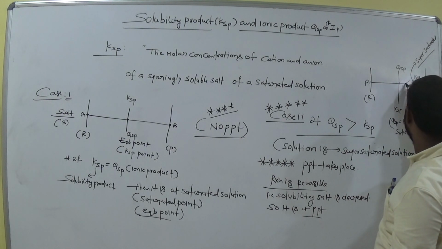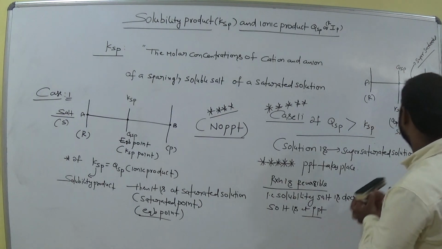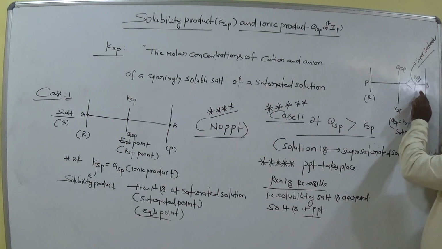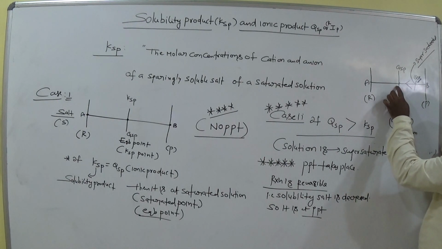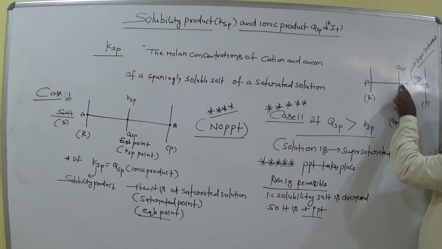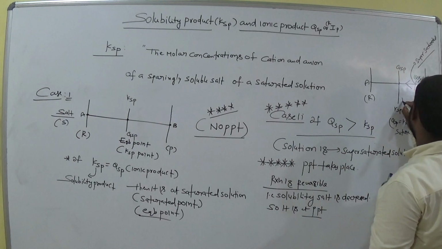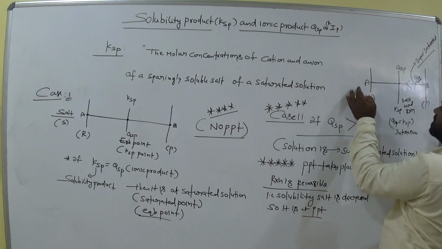That means the reaction moves towards backward. That means it reaches this point or not. Now it is unsaturation condition. More solute is there. Now this is saturation. Now solution tries to get the saturation. So that means it tries to move to the saturation point. That means backward reaction takes place or not? Backward reaction takes place. Backward reaction means which components are formed here?